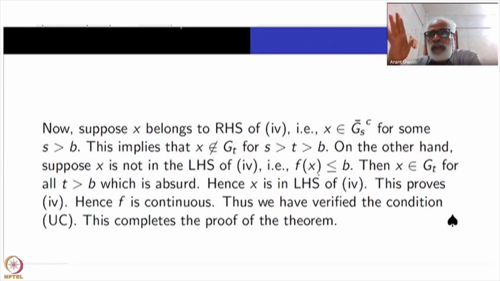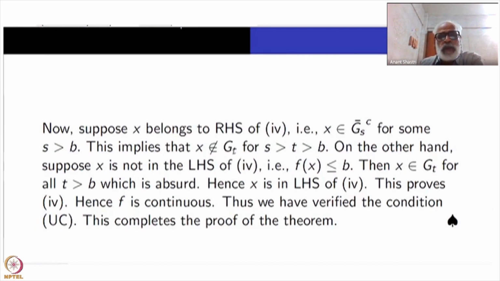Right? If something is bigger than b, x is already inside some GT. Bigger than that one, it will be definitely inside that, because GT is contained inside GS for all t less than s. So, but that is absurd because we have just shown here that,